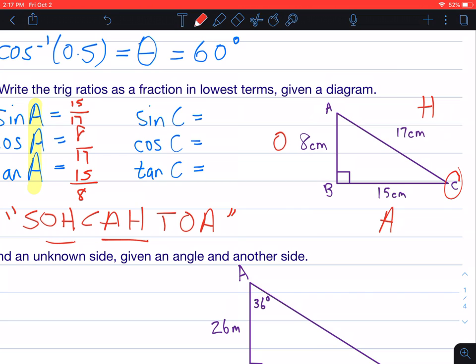Okay, and then we just do the same thing that we did in the first column. So sine is going to be opposite over hypotenuse, so that will be 8 over 17. For cosine, we're going to do adjacent over hypotenuse, so that's going to be 15 over 17. And tan is going to be opposite over adjacent, which is 8 over 15. And again, if the question asked you to write it as a decimal,